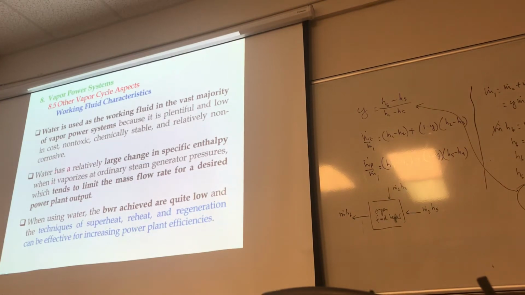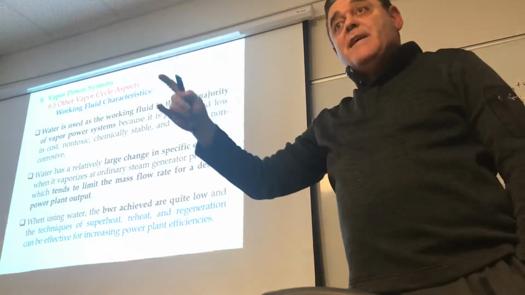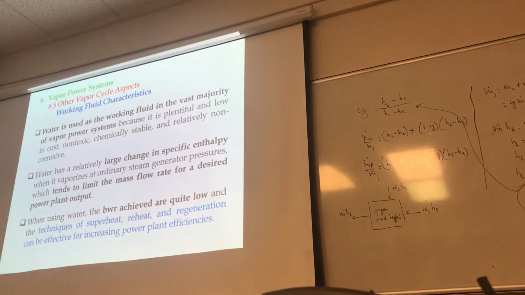Another good thing about water is that it has a large change in specific enthalpy. Remember, everything here, of course I erased it, W_T is a function of the change in enthalpy between the two states. So water has the ability to have high values, which is really what you want, when it vaporizes at ordinary steam generator pressure, which tends to limit the mass flow rate for a desired power plant output, because the